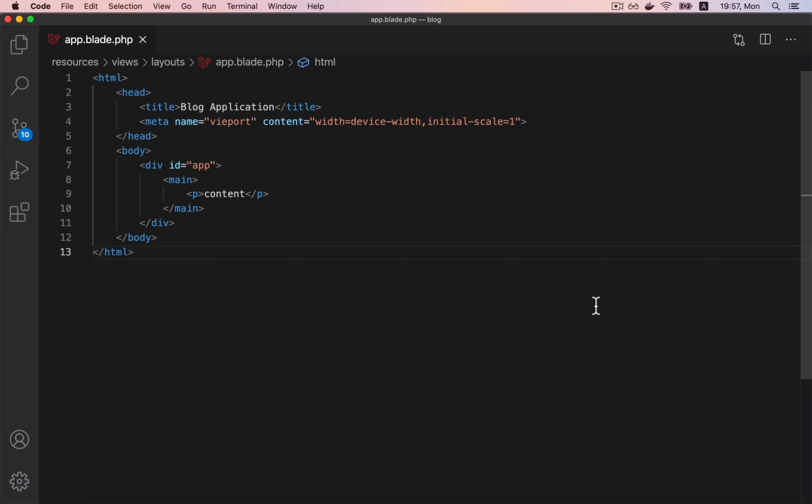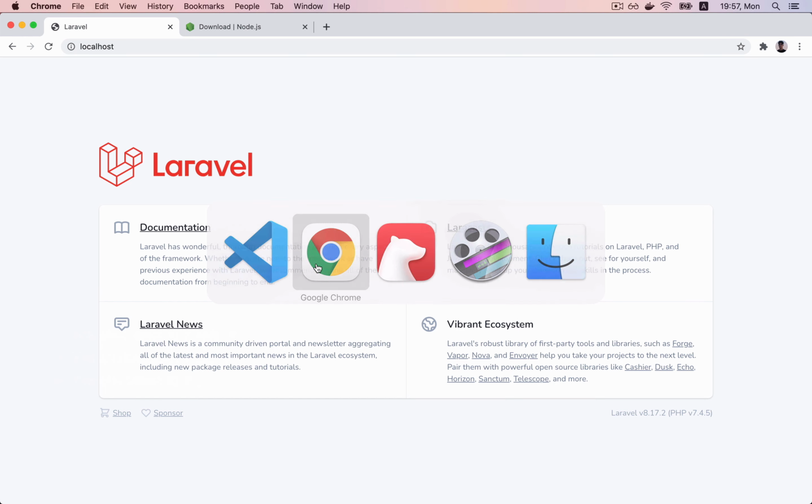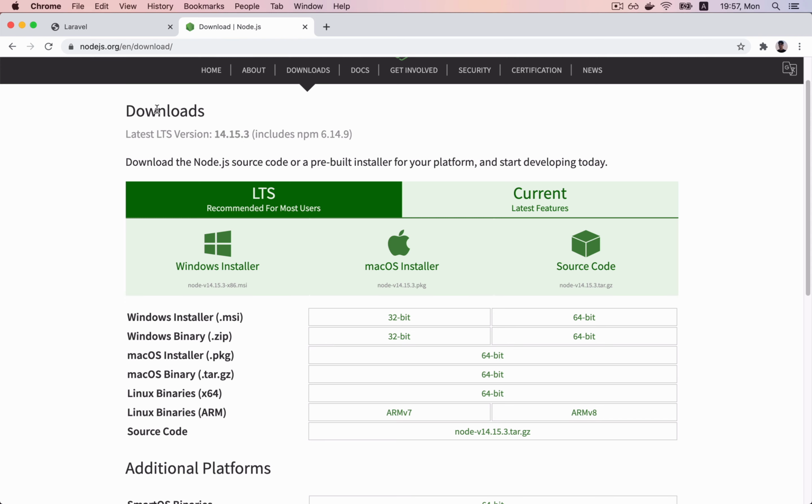Before going any further, we got to make sure that we have Node and NPM installed. We can check it using our terminal by typing node -v and npm --version. As you can see, I have these installed, but if you get an error or something, you can download it on the official Node.js page. So when you got it installed,